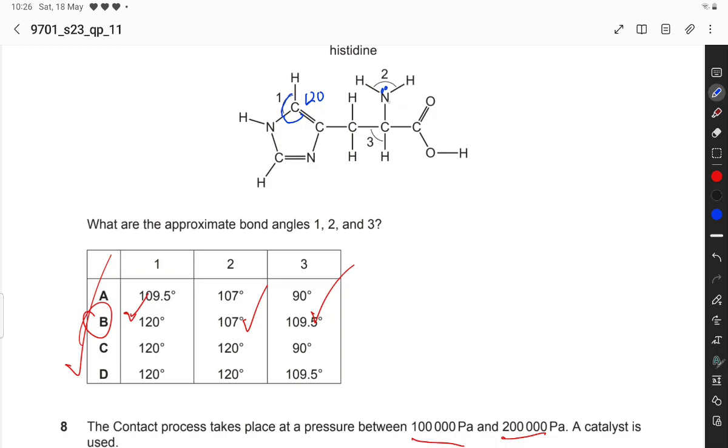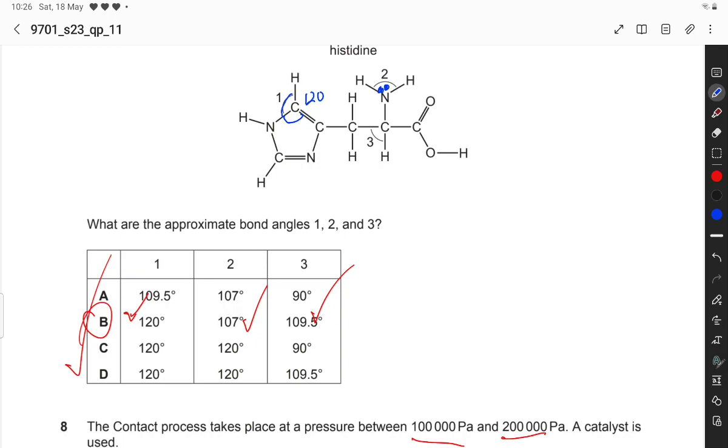So the shape has one lone pair and 3 surrounding atoms. The bond angle is reduced when a lone pair is present on any central atom. There are no lone pairs on the carbon atom, so that's why the bond angle is 120, and this is trigonal